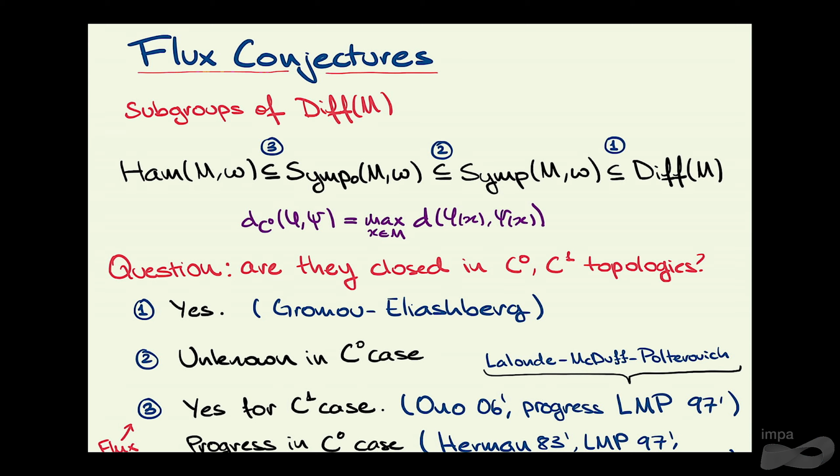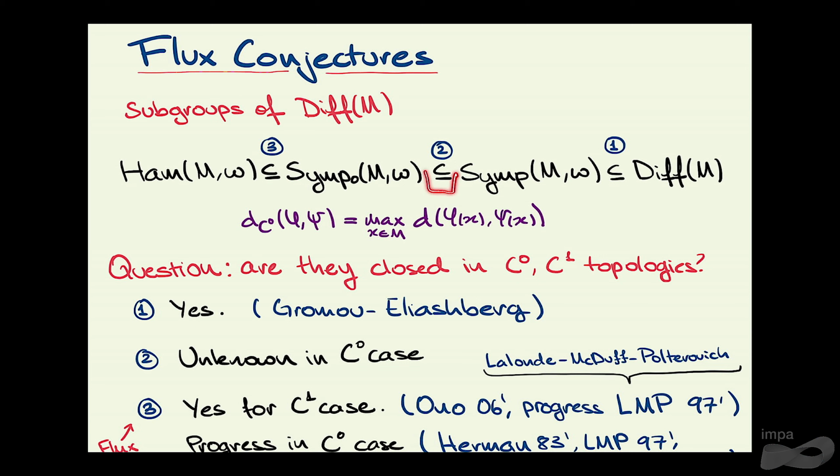because the condition of being symplectic is a condition on the first derivative, so it's pretty easy to show that it's closed. And it's also, in fact, closed in the C0 case, and that's the content of the famous theorem of Gromov and Eliashberg, but that's a lot harder to show. So Simp is C0 closed in Diff. So if you have a sequence of symplectic diffeomorphisms converging to some diffeomorphism in the C0 sense, that implies that the limit point is also symplectic.